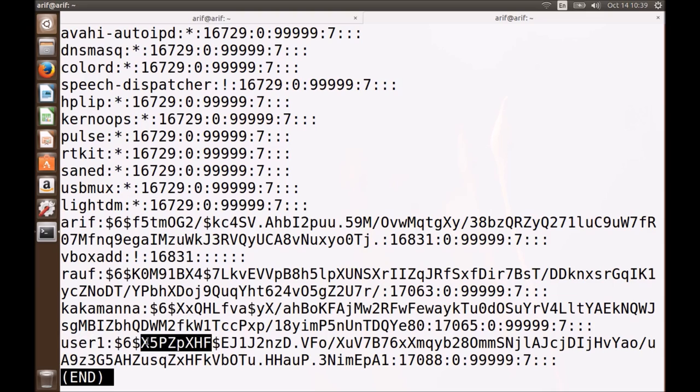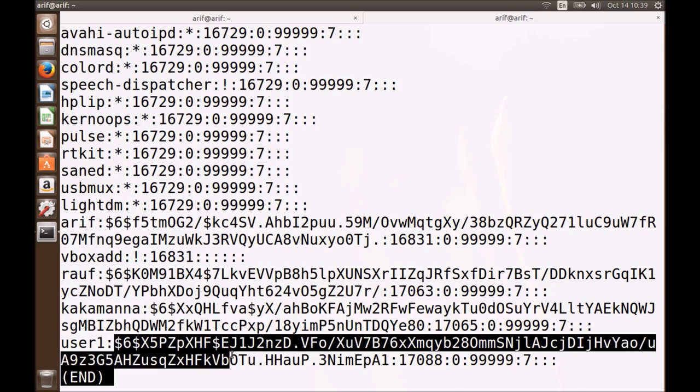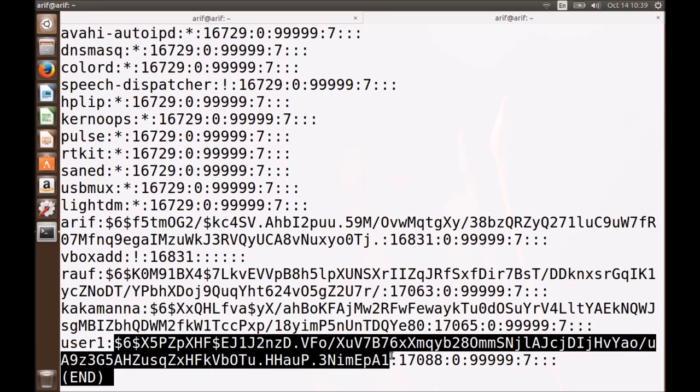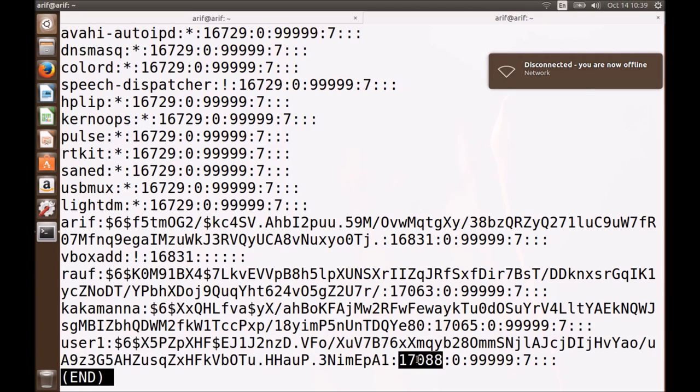The second field, which is quite a long field, let me select it till the next colon. This is the field which contains the encrypted password. Then 17088. This is the field which contains the day the password was last changed